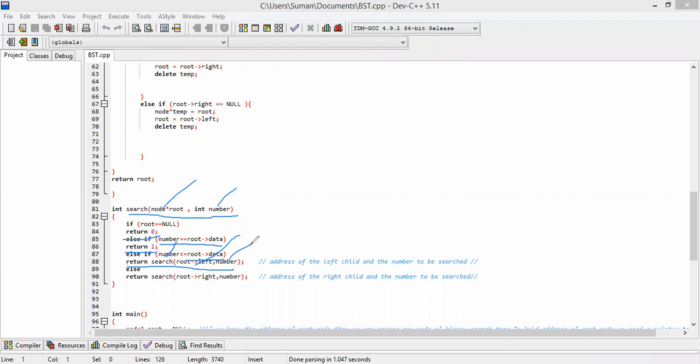And else, there may be another condition: the number which you are searching is present on the right side of the root data. That means the number will be greater than or equal to root data. Then what will the search function return? The search function will